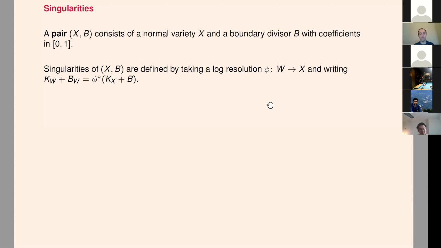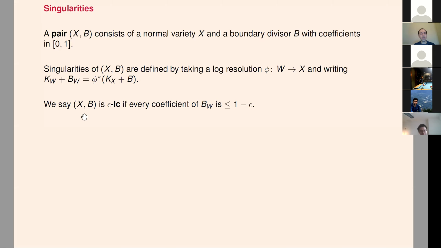or in other words, simple normal crossing. So if you work in dimension 2, for example, then W becomes a smooth surface, and you get a bunch of curves on W. They are all smooth. They all intersect as nicely as possible, just like this, so that there is no common tangent vector. Okay, so you take a resolution, and we know that this exists by Hironaka.